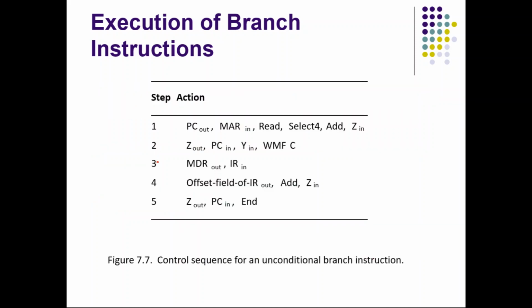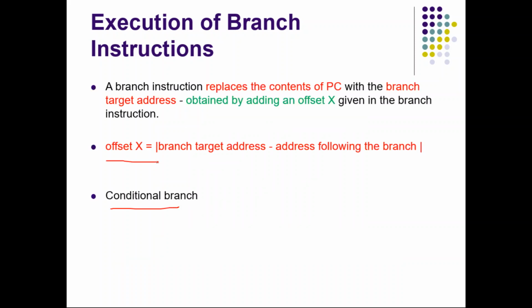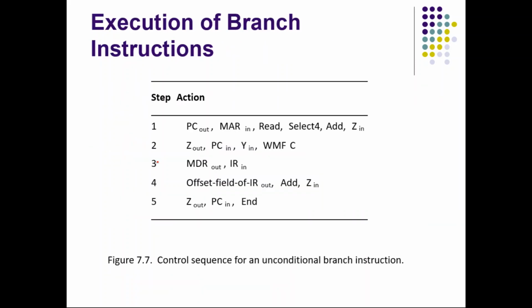Let us see how the branch instruction is getting executed and the sequence flow of that. As we have discussed, let us assume this is the instruction that you are going to execute. The instruction is, say, B, which represents branch, 2050. It means go to the location 2050. Say this 2050 contains some other instructions, and from that instruction it wants to execute. The instruction that follows the branch instruction, let us assume that address is 2004. We don't know what that instruction is, and it's not required for us at this point of time.